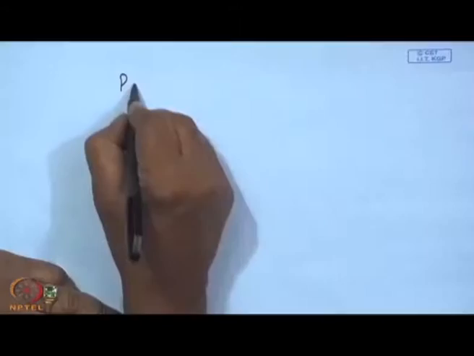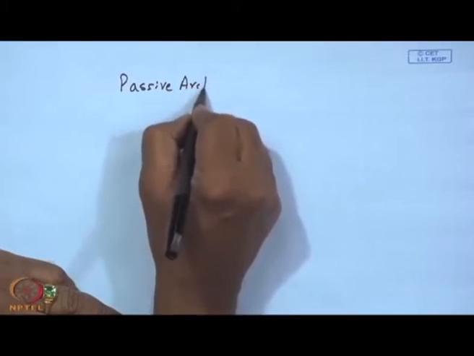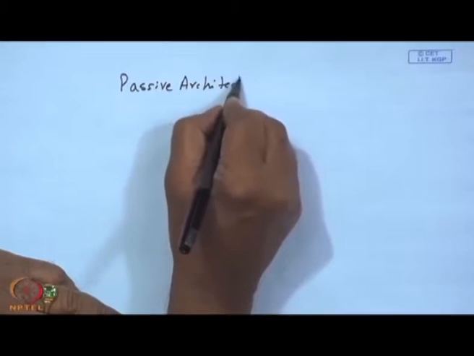Now, as a part and parcel of the building, many of the time the passive architecture is included either to heat the building in cold climates or to provide a little bit of cooling, so that directly the sun will not enter into the building. So, this we shall call it passive architecture,